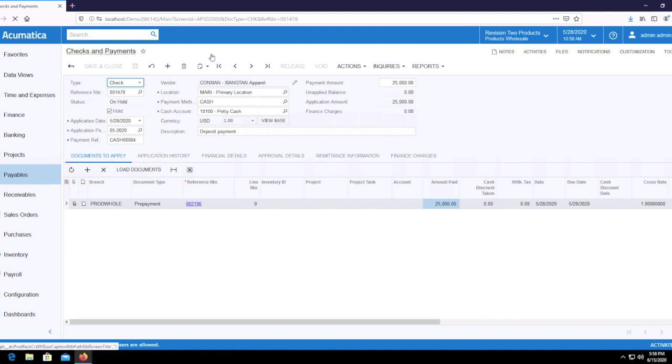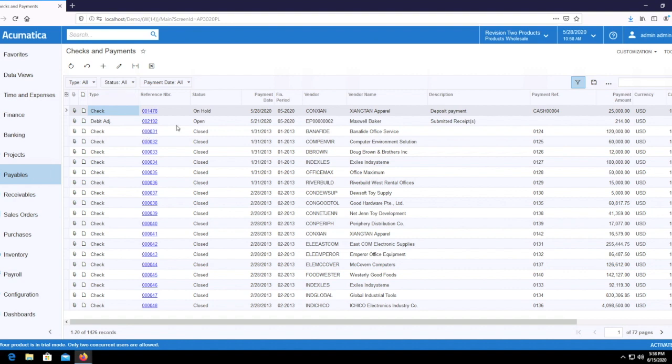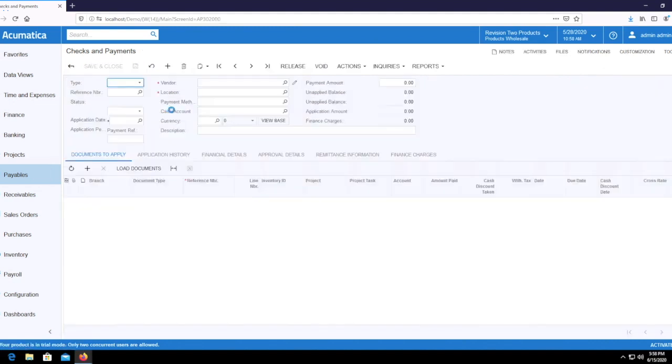I'm going to go out and check my listings. Okay, so I've got my check here and it's on hold. Prepayment is not showing up on here. Okay, so just have the check here. So let me go back and now